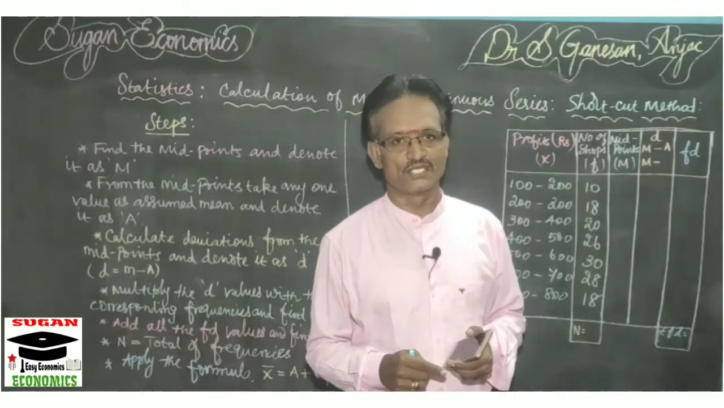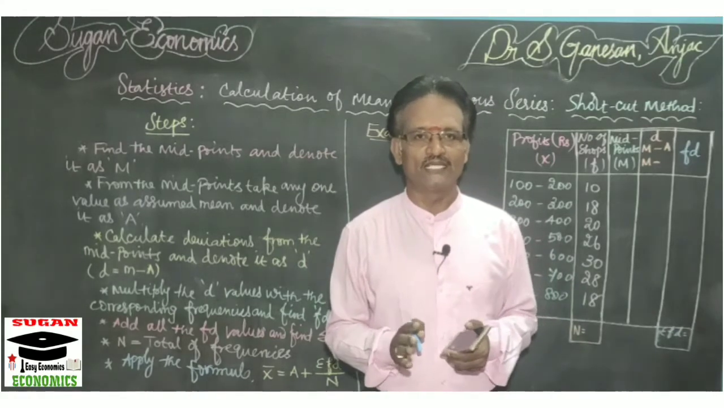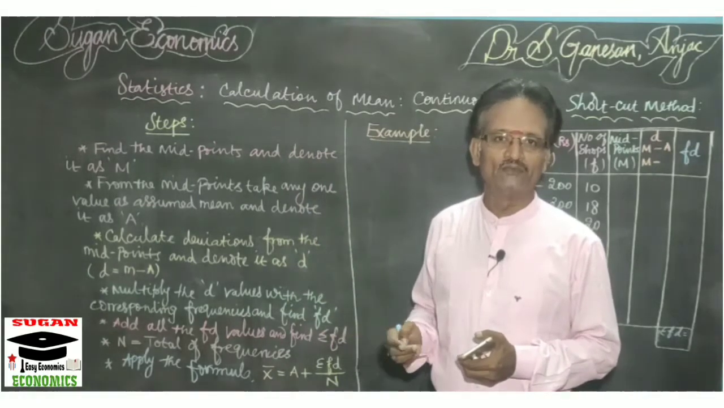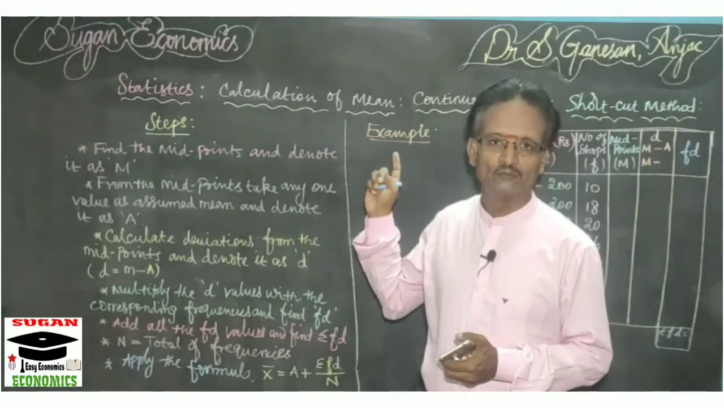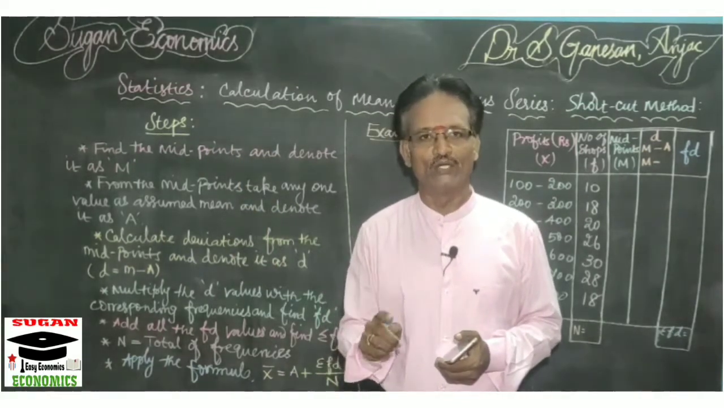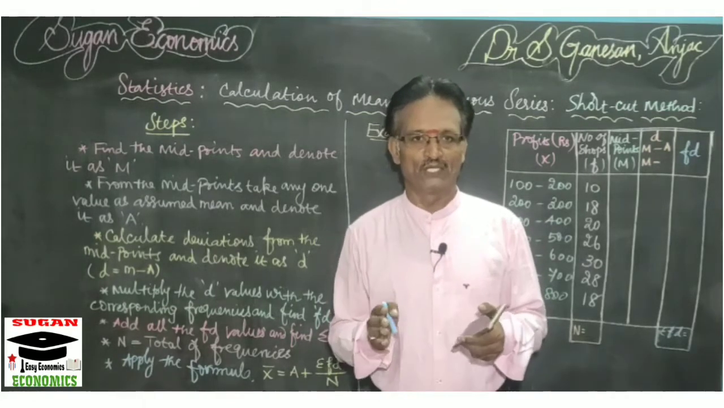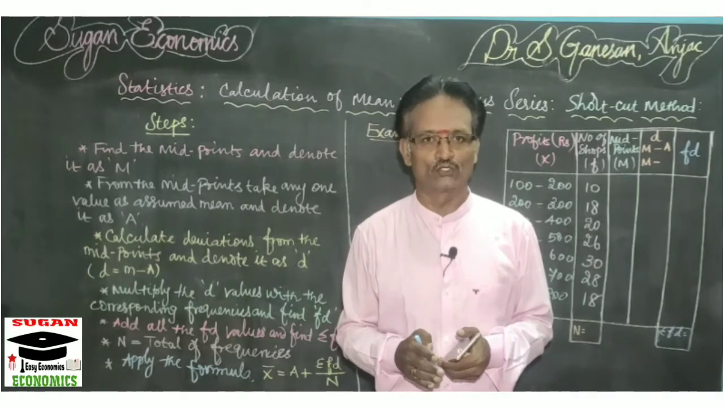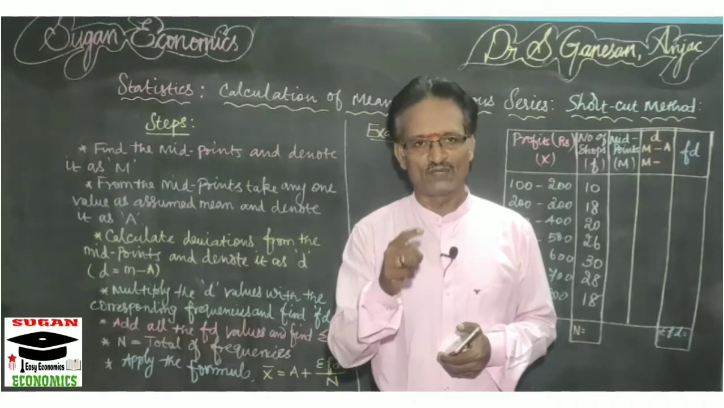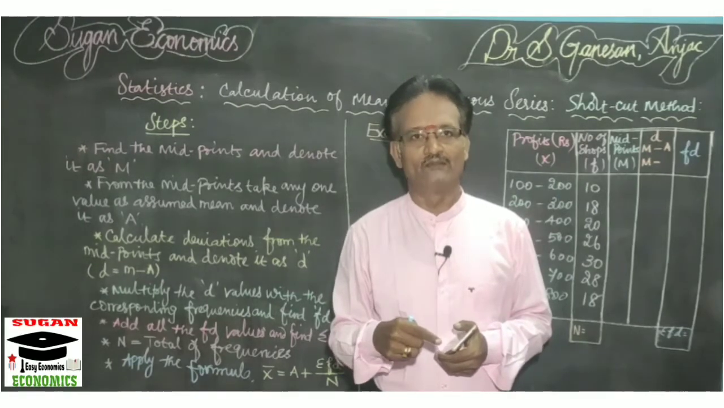for continuous series. Previously I have already explained what we mean by continuous series. So now I will go directly to the steps involved in the calculation of arithmetic mean for continuous series with the help of the shortcut method. As usual, the first step is to find the midpoints. The midpoint is calculated by adding the lower limit and the upper limit, and the total should be divided by 2. In this manner you calculate the midpoints. Once you have calculated the first midpoint, you can add the class interval for the next